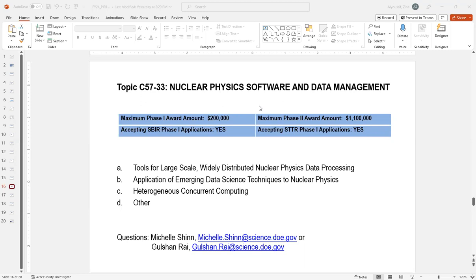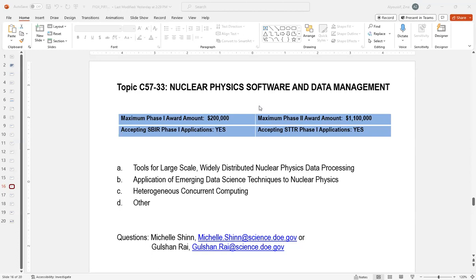But you would want to be familiar with ESnet and how you can best have the researchers at academic institutions and our national lab facilities use it or move that data. And again, as you might guess, our community is the primary user of all of this. You can contact me or Gulshan Rai, and we can help put you in touch with the appropriate people.